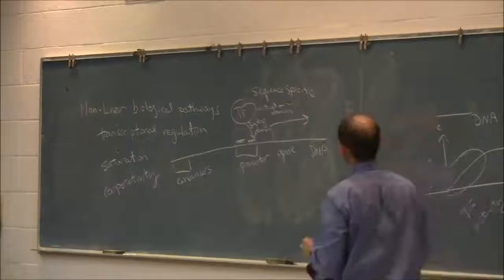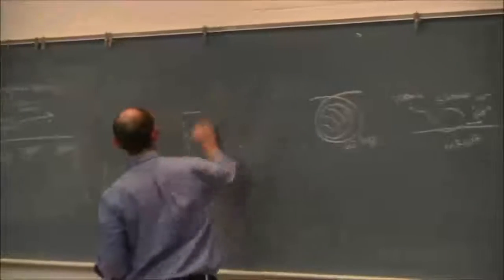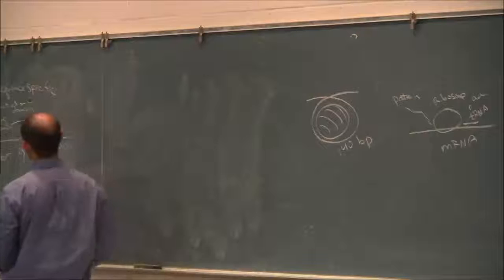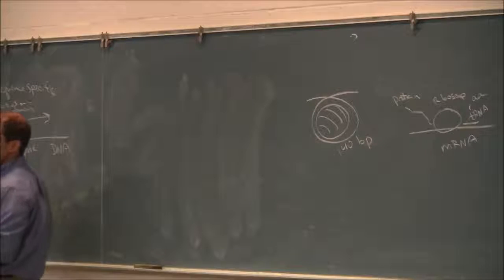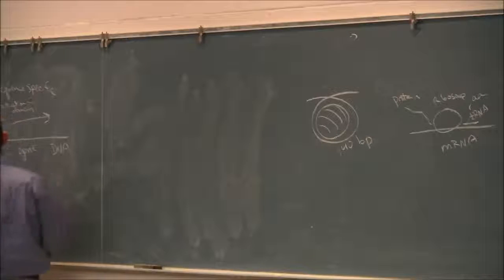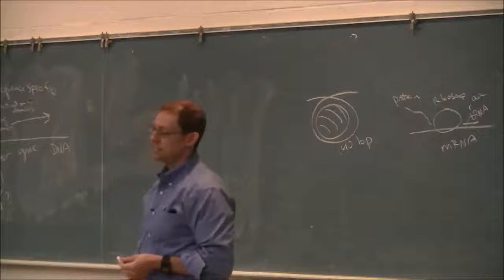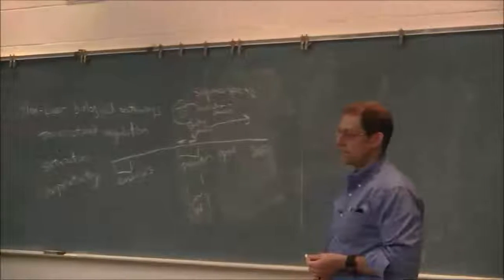Okay, so here's this transcription factor. We want it to turn on a single gene, and the question is, how many base pairs does it need to bind to in order to turn on the gene? So how big is this binding width? We'll call it W. How big does the recognition sequence have to be in order to turn on the gene?